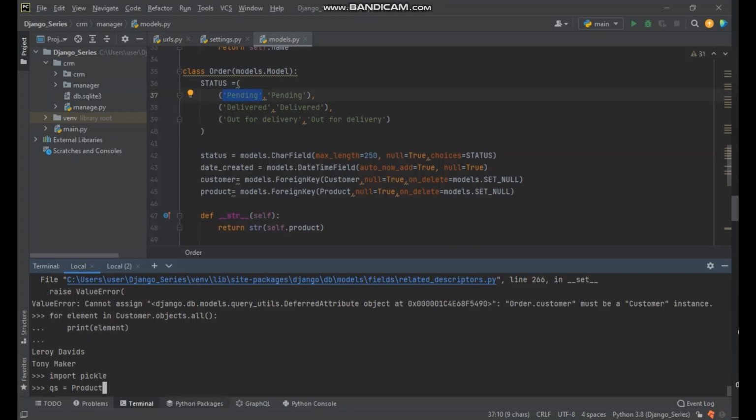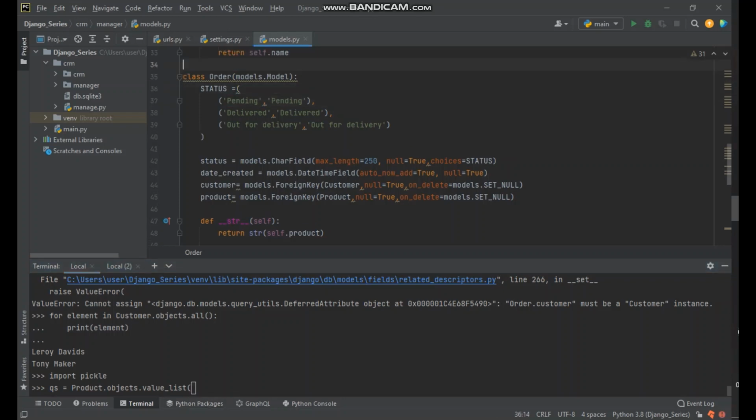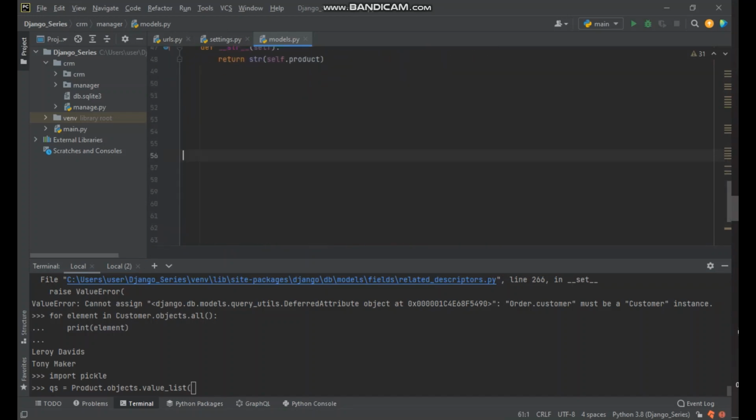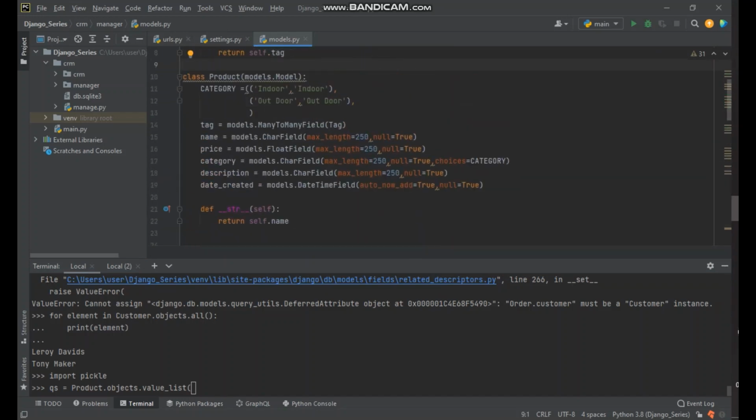You can say Product.objects, and then you can run this attribute which is called values_list. And then in product, as you can see, if I scroll up, we can print out the name and price. So we put them inside quotes. You're gonna say name, comma, price, and then